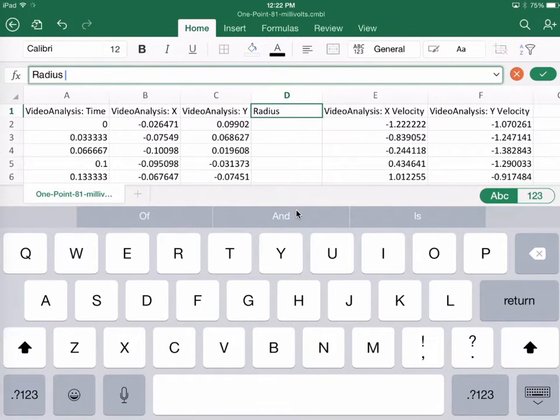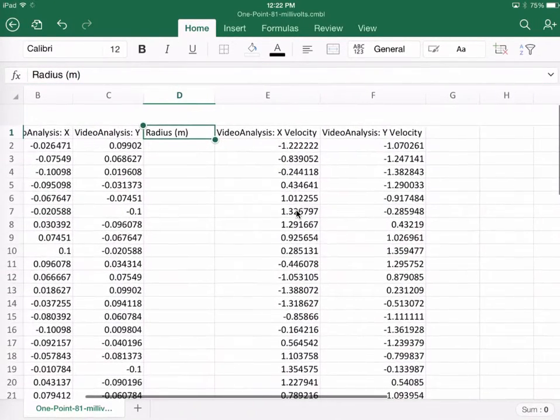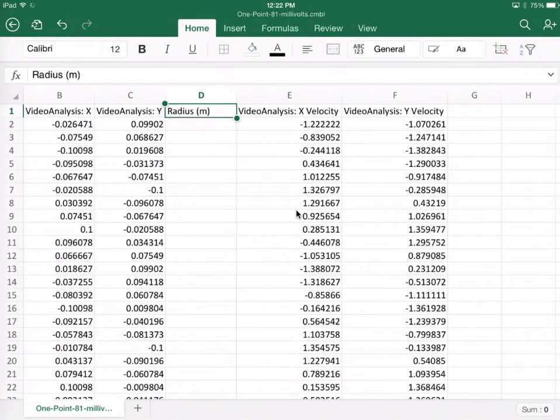And the radius is going to be measured in meters, so go ahead and be formal and specify that. And then we'll just wait right now to do the velocity in a second. Let's go ahead and put in